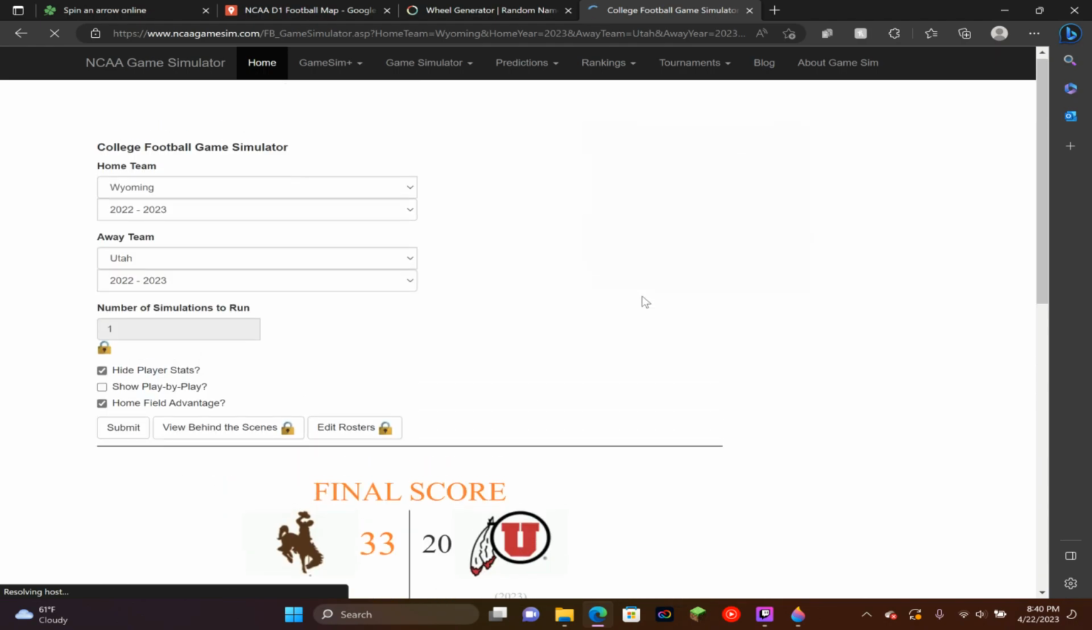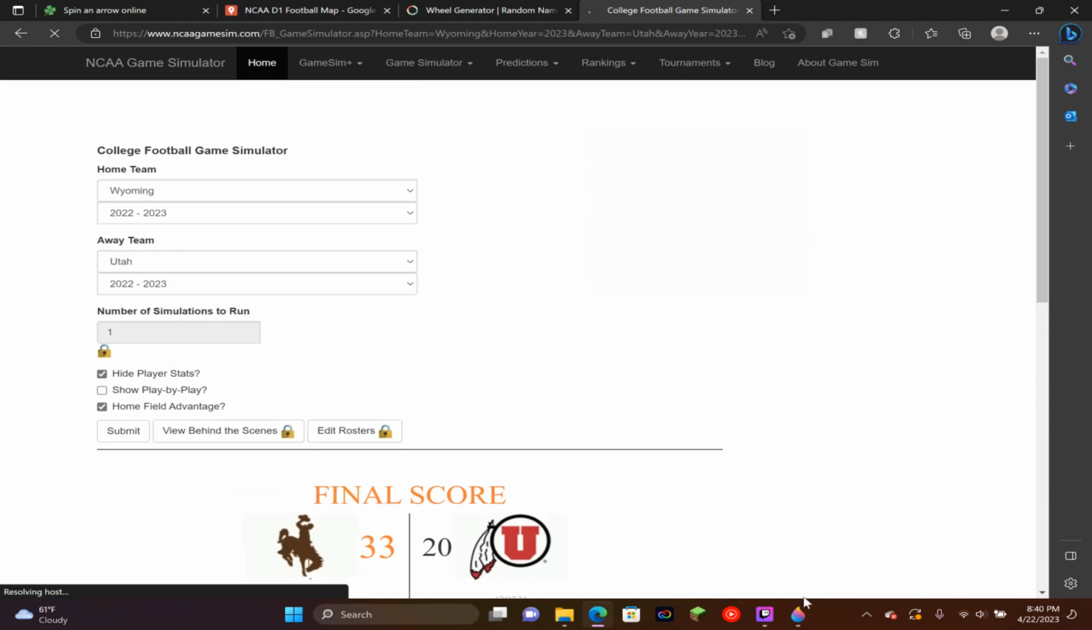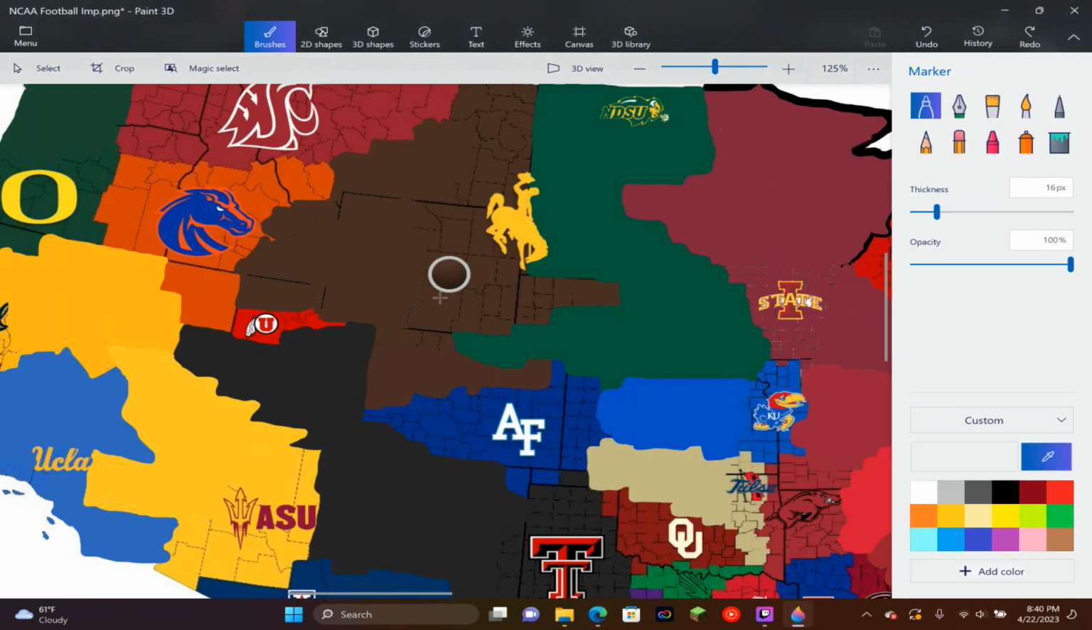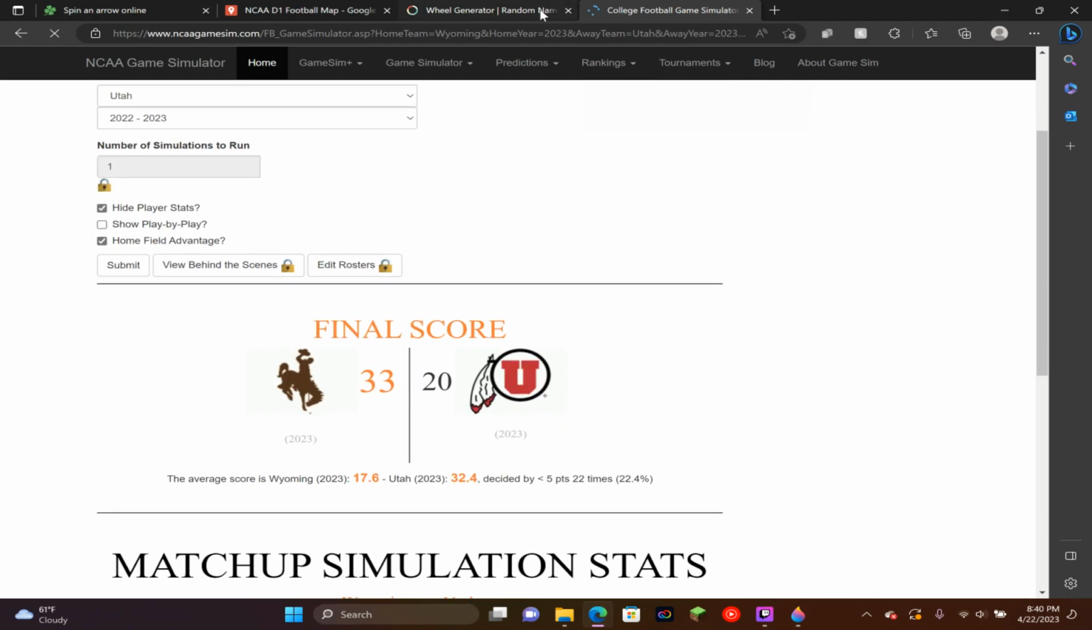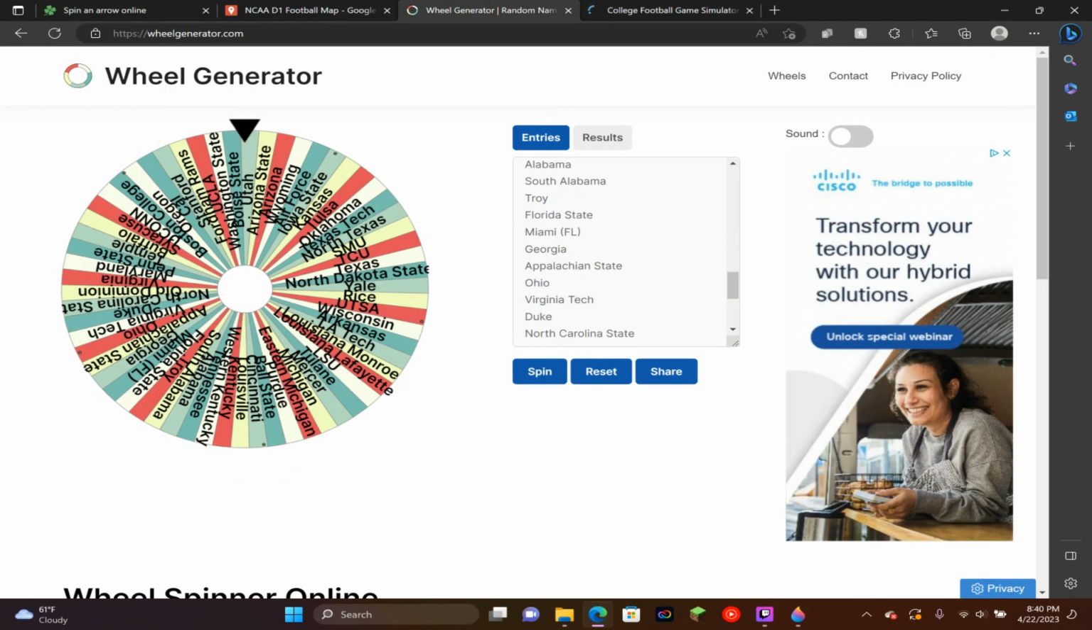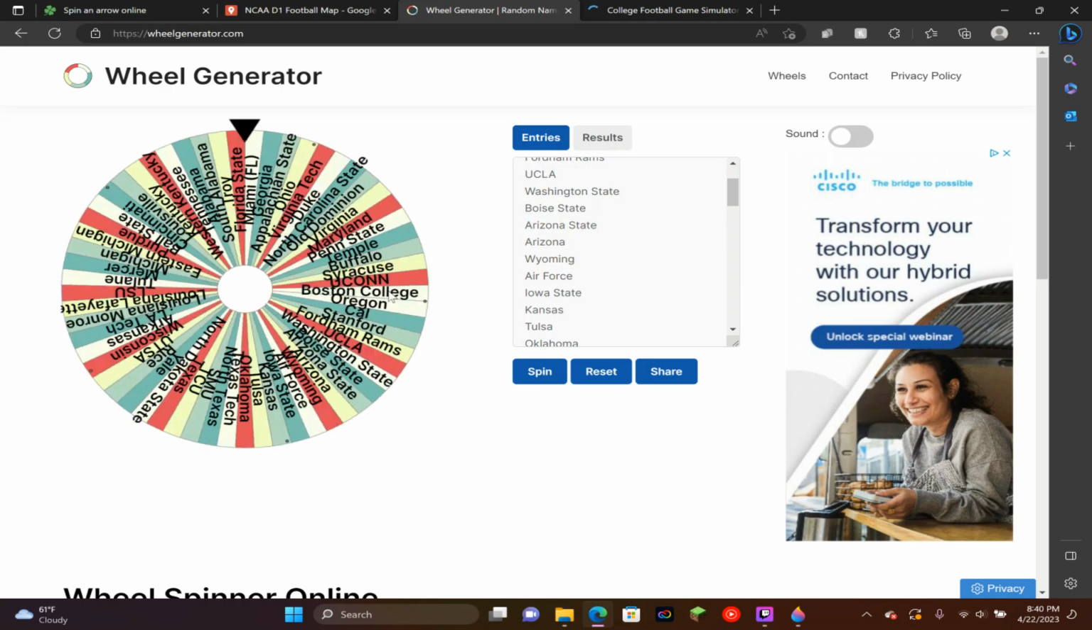Oh my gosh! Well, Wyoming does win by 13, so that's how it rolls in imperialism, and Wyoming continues to get bigger. Nice W for the Cowboys, and for the Utes, unfortunately, their run is done just like that. A little bit of land expansion for Wyoming, and for Utah, unfortunately, they are one and done. There we go. And we will eliminate Utah off of the wheel. There's Utah, and there we go. Next team